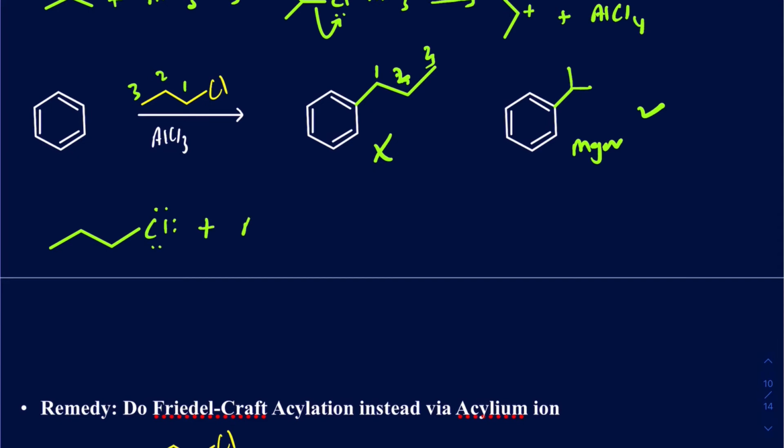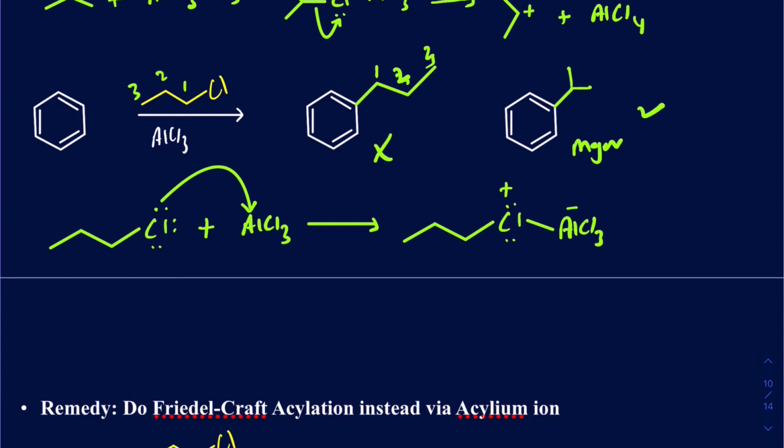So suppose in the first step, I'll have this lone pair on the chlorine attacking the aluminum, and then I'll just go ahead and copy this down here. I'll have AlCl3 there